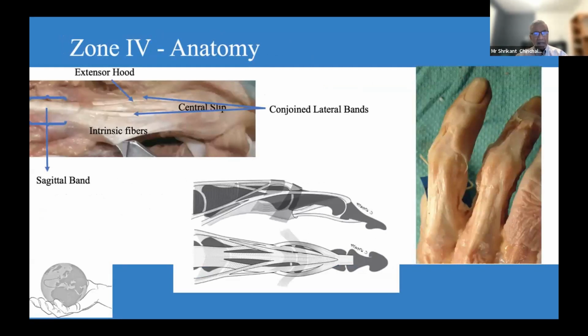extensors. We have a sagittal band at the metacarpophalangeal joint. The extensor tendon divides into 3 slips, the central slip and 2 lateral bands. And then, of course, the central slip inserts on the base of the middle phalanx. But what we often forget is if it is an index finger, we may have involvement of extensor indicis proprius, or if it is the small finger, we may have involvement of extensor digiti minimi in the small